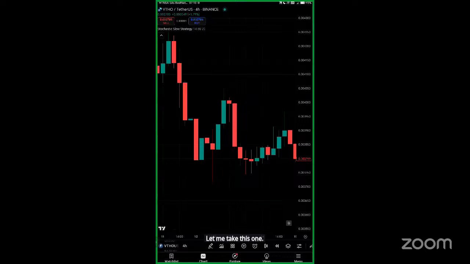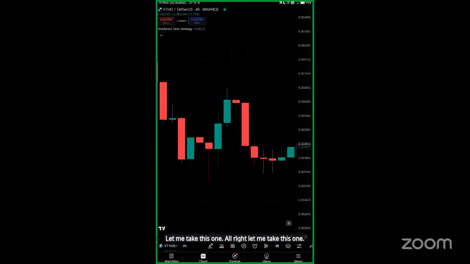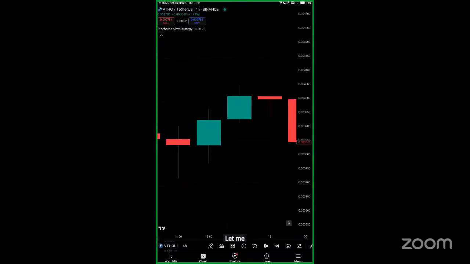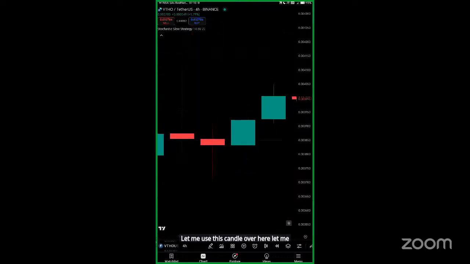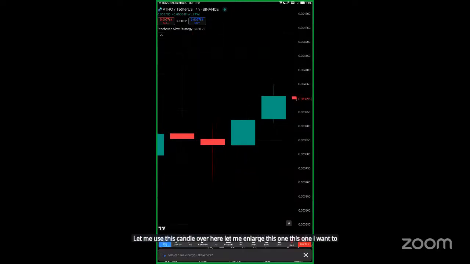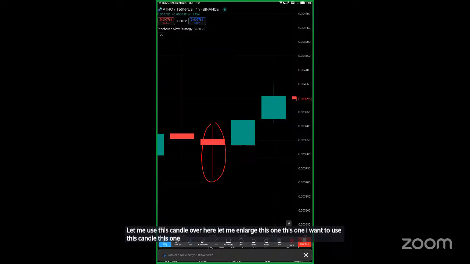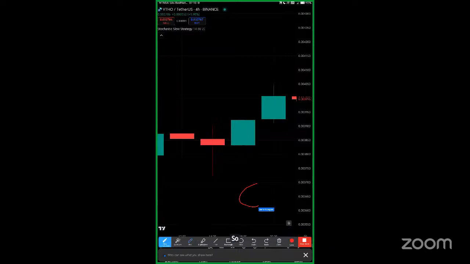All right, let me use this candle over here. Let me enlarge this one. So this candle has a long lower shadow and a short upper shadow. All right. So when the market opened,